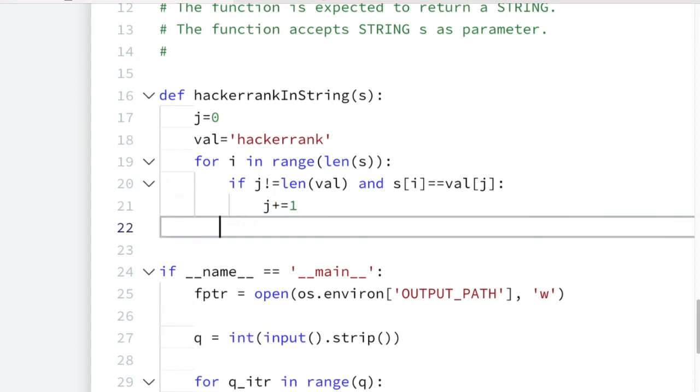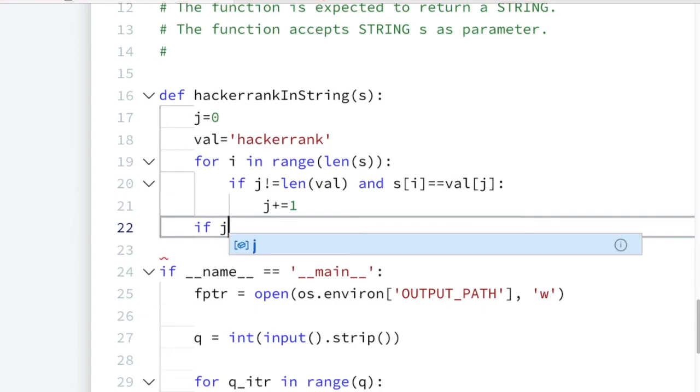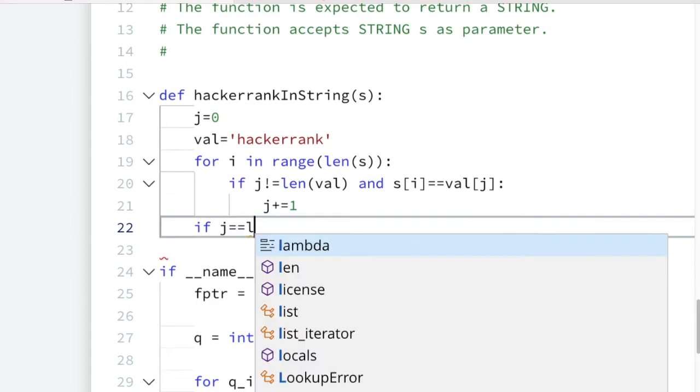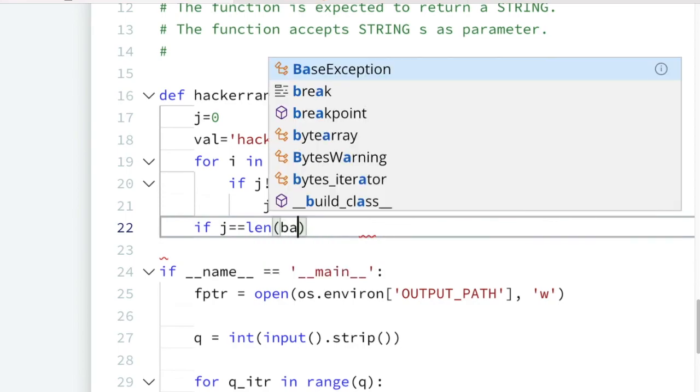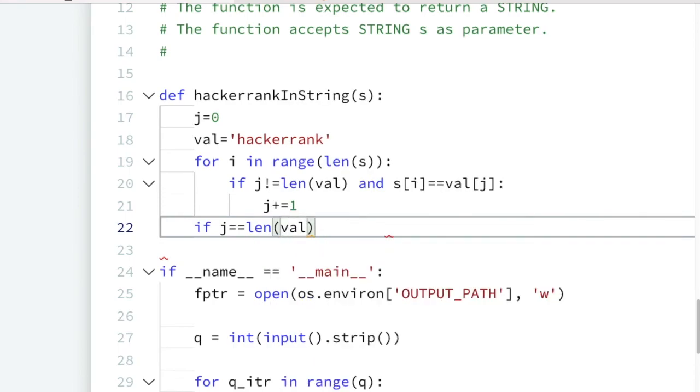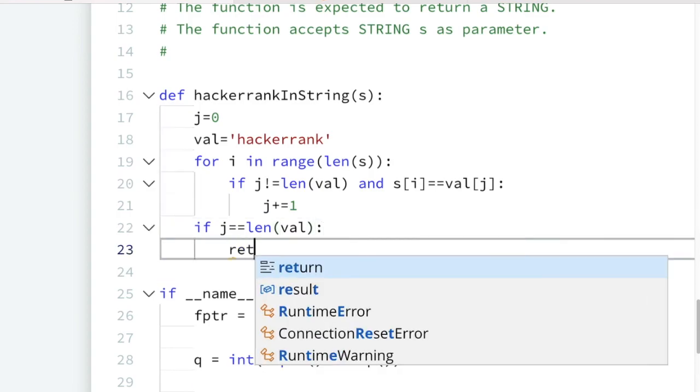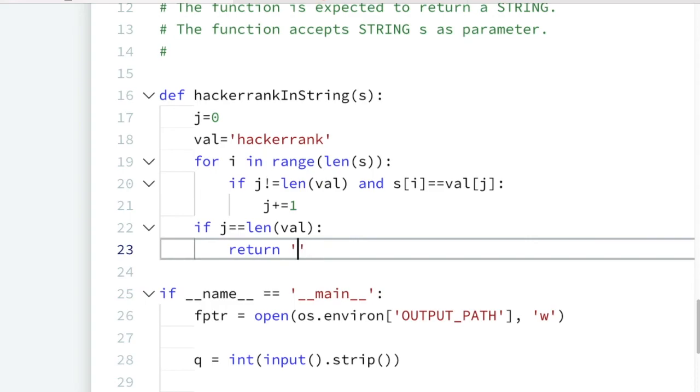And at the end we are checking if the j value is equal to the length of the val. If it is equal to the length of the val, which is 10, then we are simply returning yes.